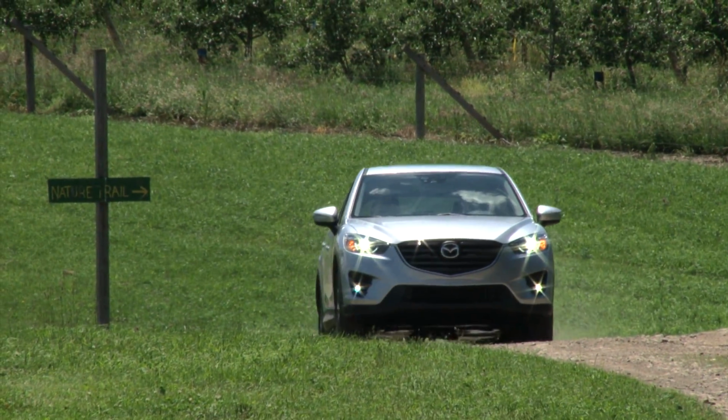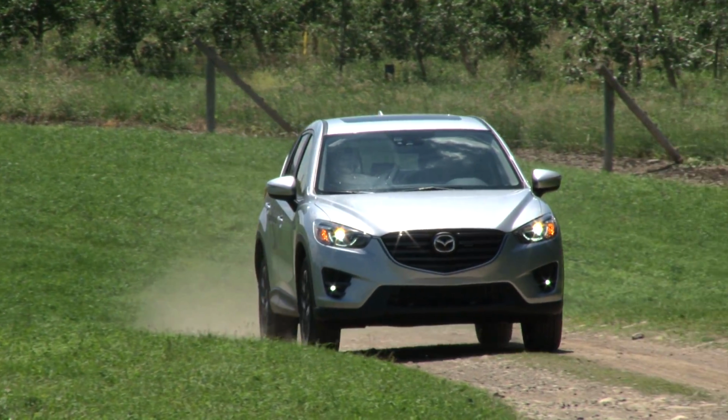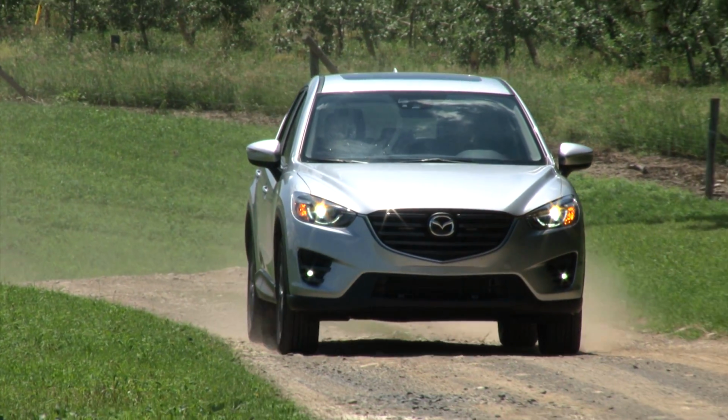Honda may sell 3 times as many CR-Vs as Mazda sells CX-5s, but in terms of desirability, the playing field is